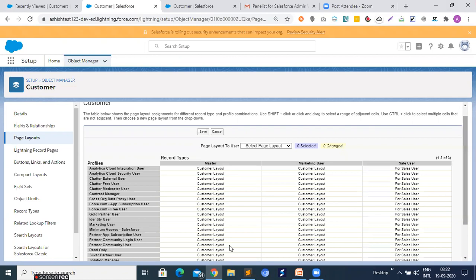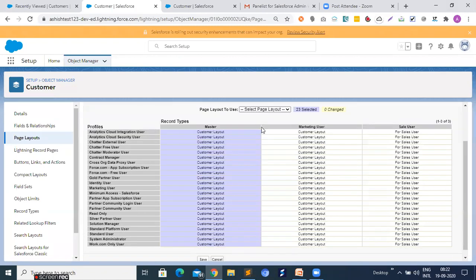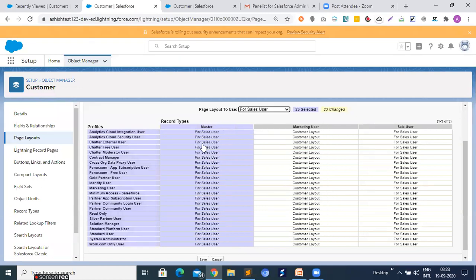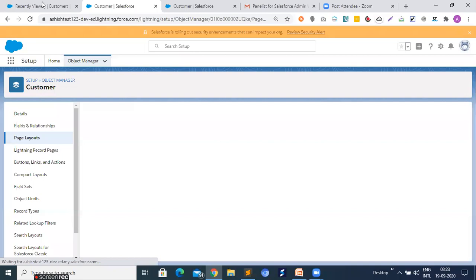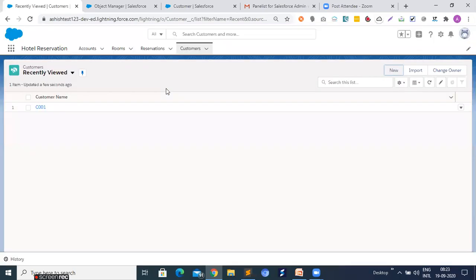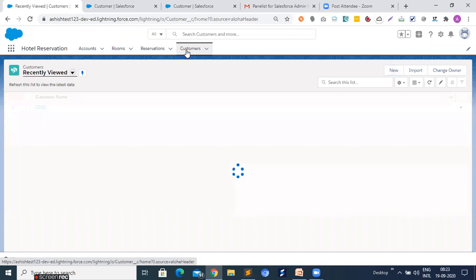Just click on this area and assign, save. Click on save. Further, click on the customer tab and click on the new button.